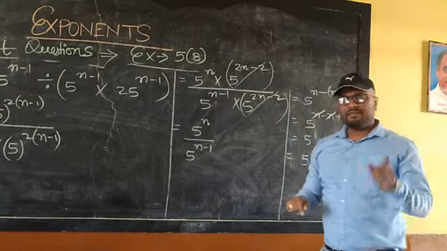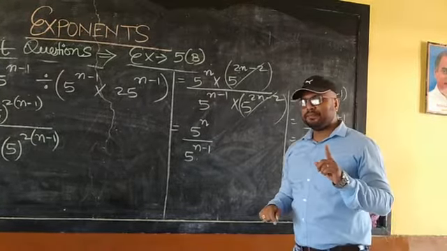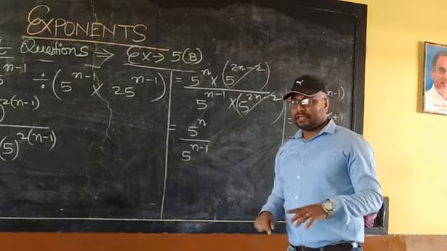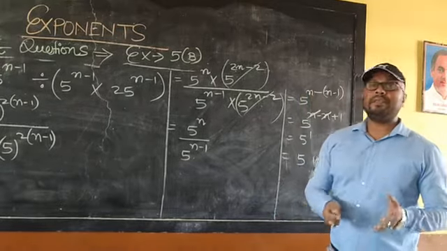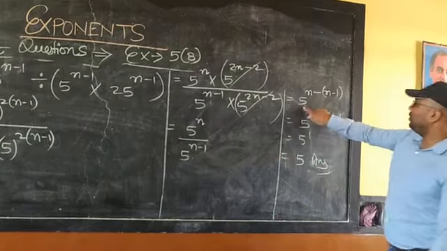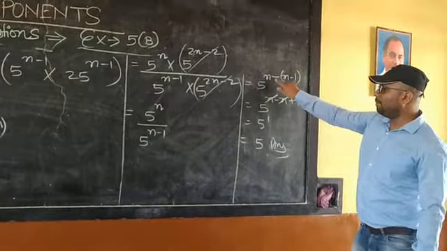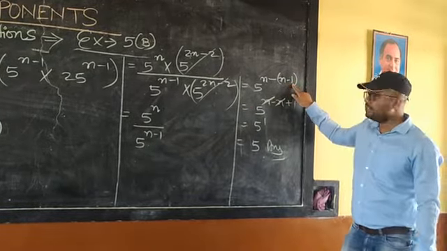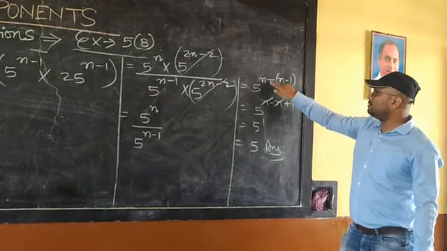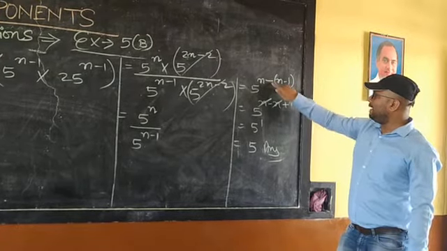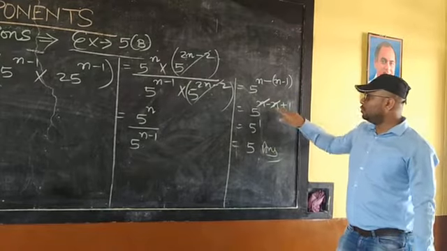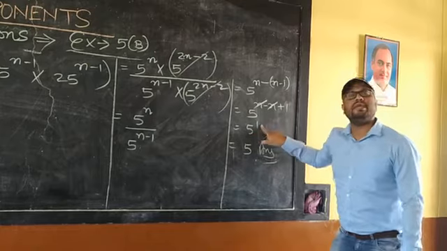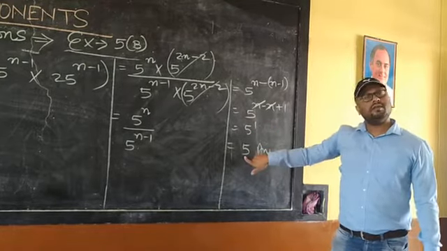Now I have told you the second law, students, division, in which if equal bases are there, in division their powers will be subtracted. So as per the law, from 5 to the power n, the power n minus 1 will be subtracted here, minus n minus 1. Okay, students? So after application of this, minus, minus, plus, minus, minus, minus, plus. So plus n minus n is cancelled. So we have got 5 to the power 1 only, and the answer is 5.